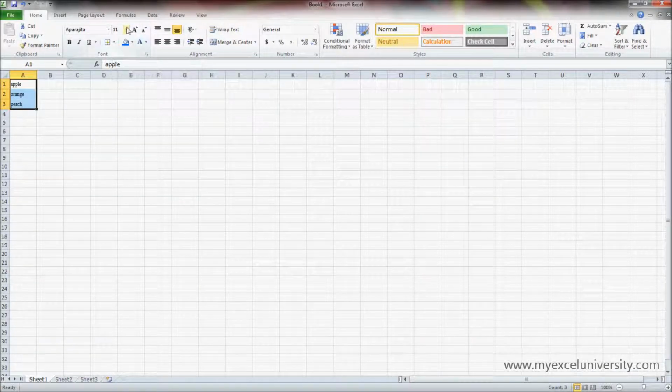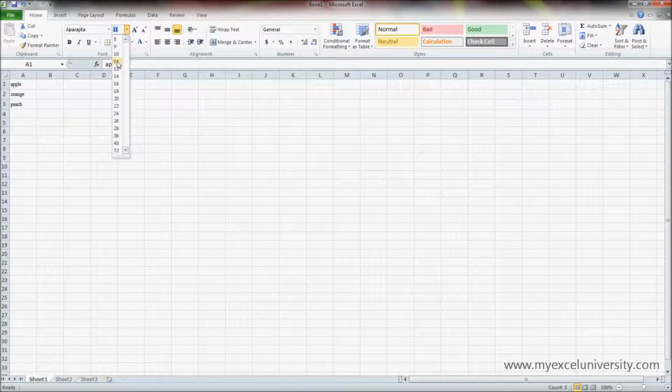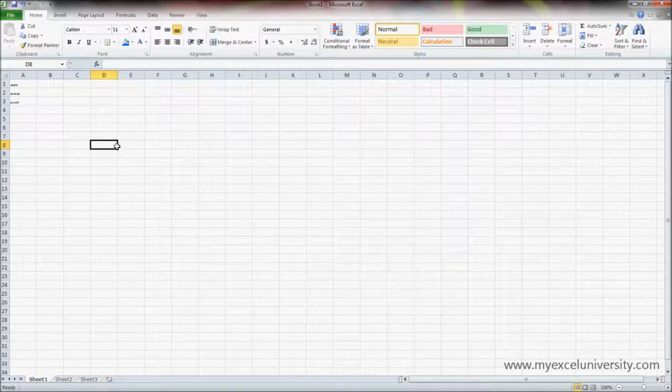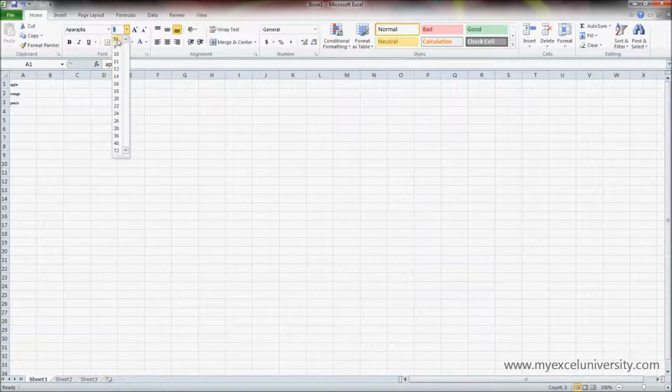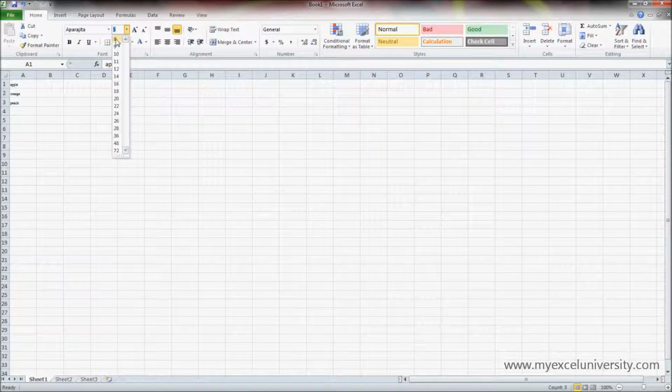Now we can also change the font size by using this. It's the same concept. We can hover, move down. We also have the option to actually type something in here. If I wanted to go something less than 8, let's go real small and try 5. It's going to let me do that. I mean, that's ridiculous, but you can go lower than 5. I think there is some limit, I think much past 5, it's not going to let you do it, but